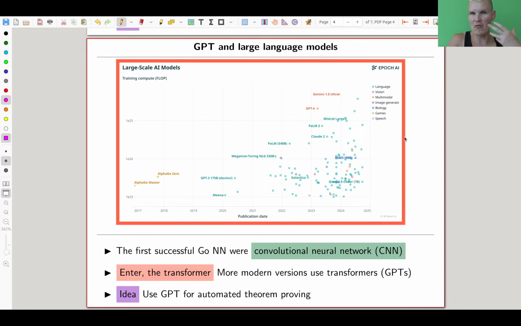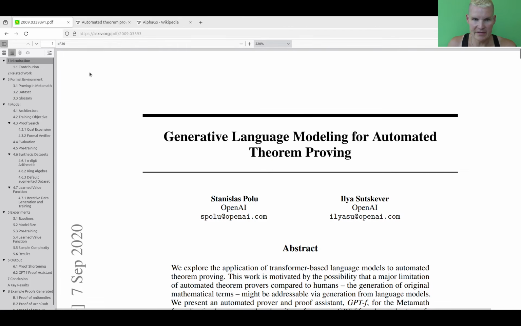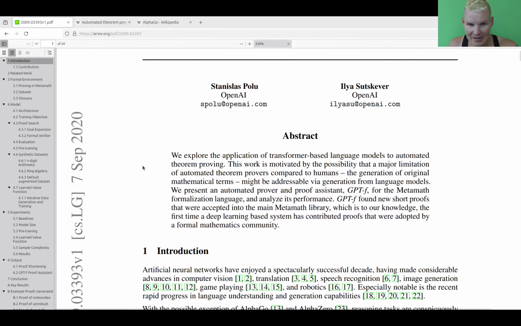Essentially, you want to have some form of reasoning here. Whether you really call that reasoning is a bit questionable, but a GPT has some form of reasoning, right? So you want to think that maybe that's the thing that can do this type of mathematics in the best way. And the paper I used, I just pulled it up, is this one. It's from 2020, so they already had transformers. This time from OpenAI, not DeepMind, the other company. And they introduced this model that they called GPT-f, and they ran it in a certain language they call Metamath, and they were pretty successful.